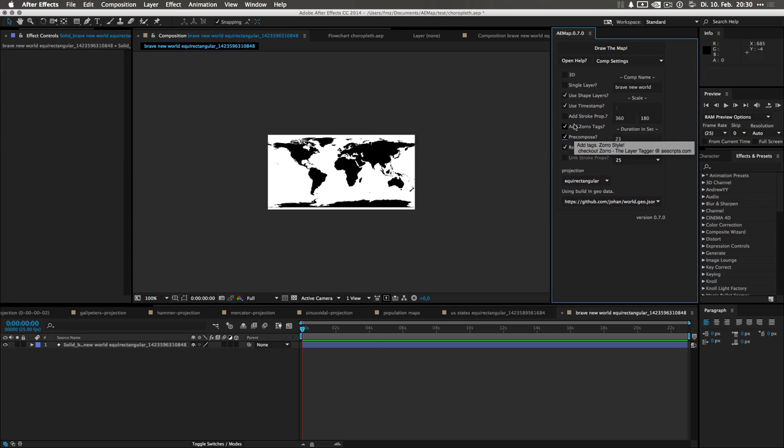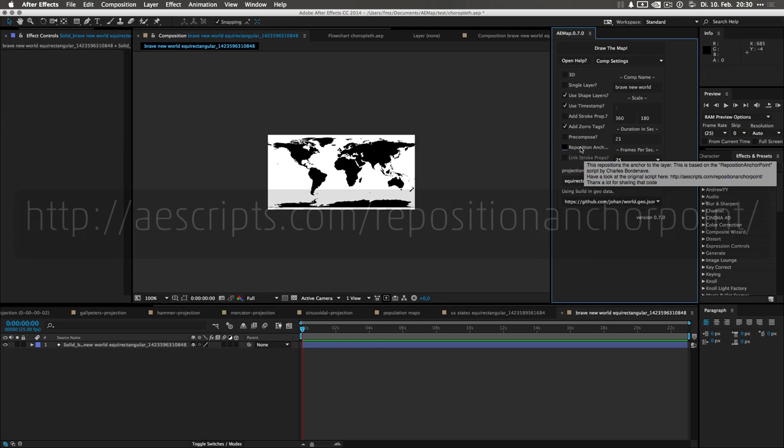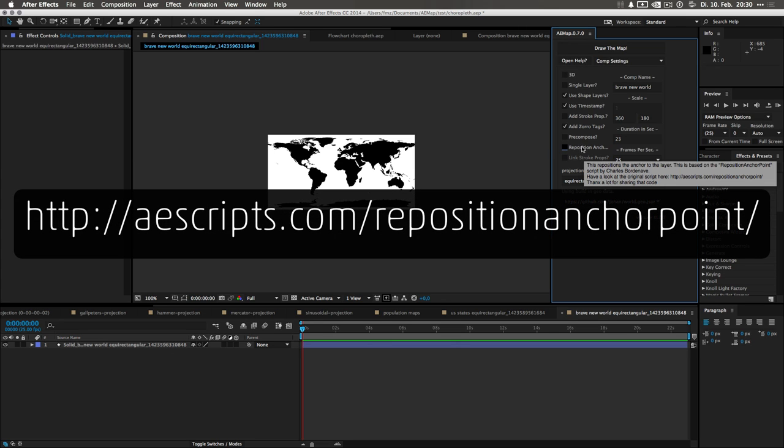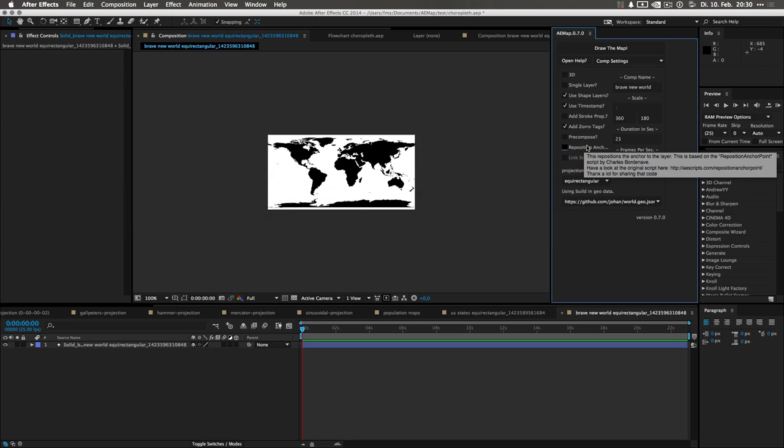Depends a bit on the structure of the GeoJSON, it's fairly technical, but how you create your GeoJSON files with multi-polygon files or something like that. This represents within precompositions. You can reposition the anchor. This part of the script is Reposition Anchor by Charles Baudinat. Also a great script. I just took a little part of it to get the anchor onto each shape layer or